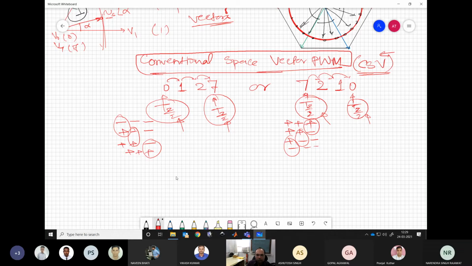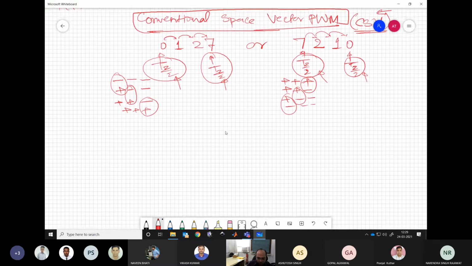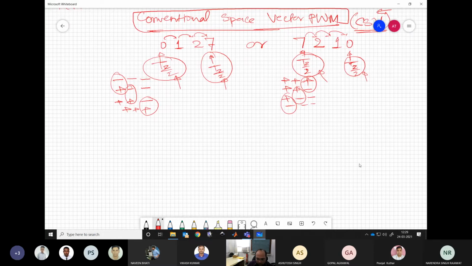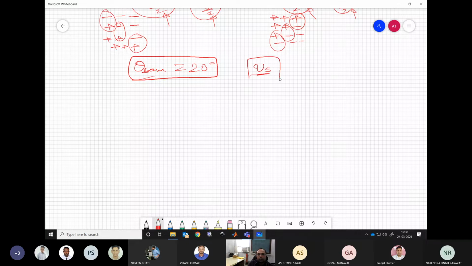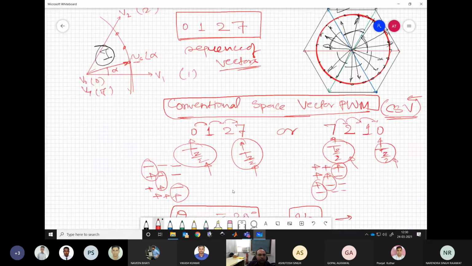Now, when we are having this, then how to choose the sampling? This is the first thing what we have to understand. So let's take one example. Let's say I give you a condition that the sampling angle theta sampling is equal to 20 degree. So at every 20 degree we are sampling our voltage vector Vs, which means for, let's say, the first sector, if we have to analyze,